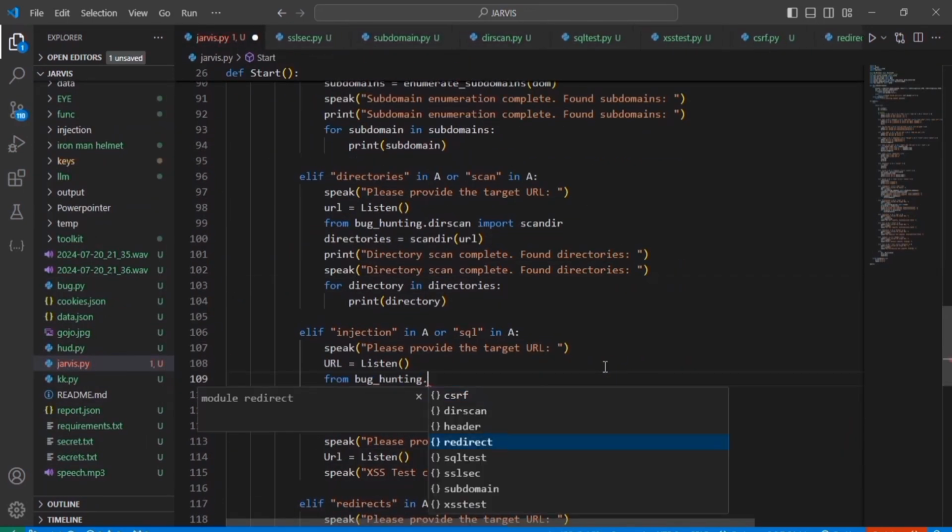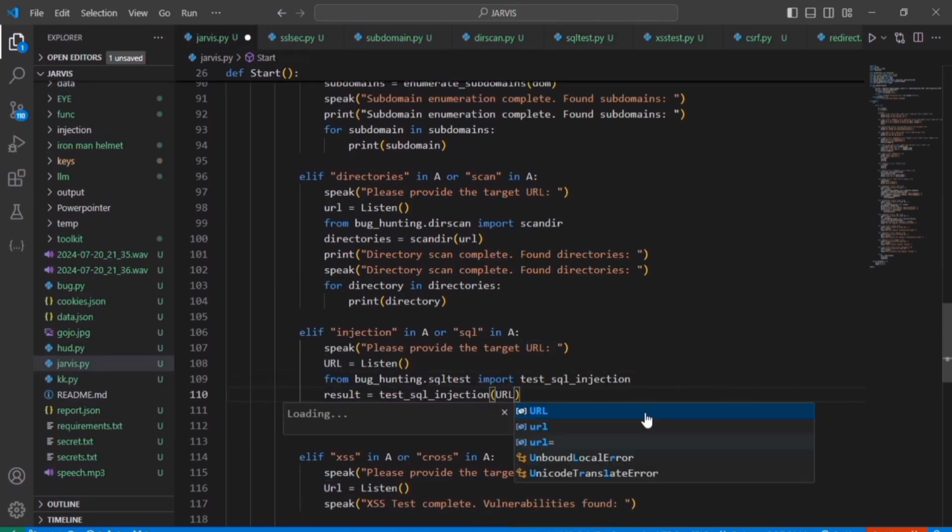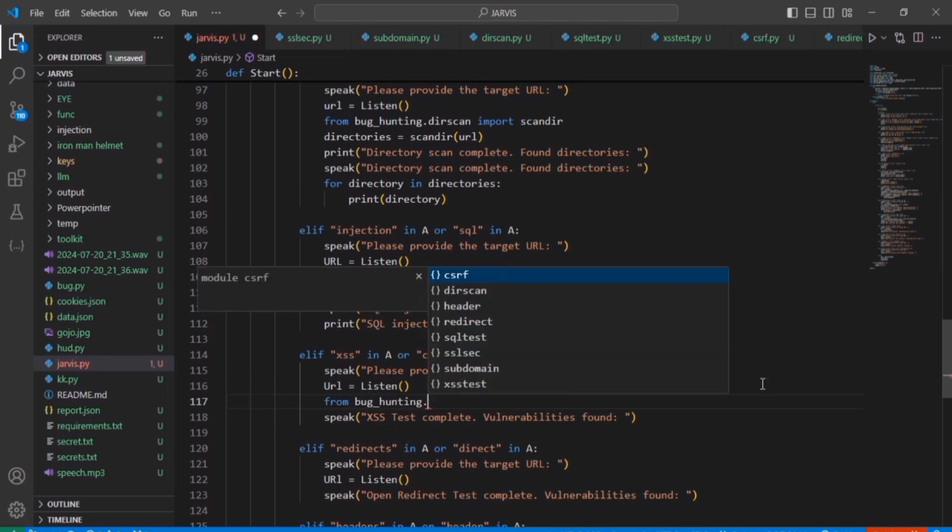At last, I will add all these features to our Jarvis, and that's it for today's bug hunting session